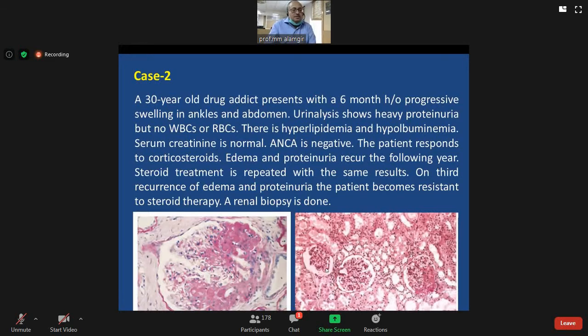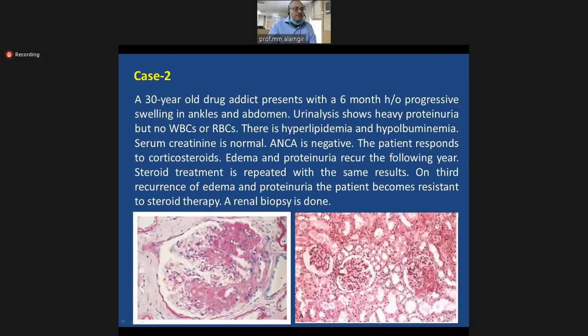Here again, you can see there are certain glomeruli which are spared and certain glomeruli which are involved. When some glomeruli are spared and some are involved, we employ the term focal. Whereas within a glomerulus, certain areas are sclerosed and certain areas are not. For this, we employ the term segmental. So there is focal, segmental,